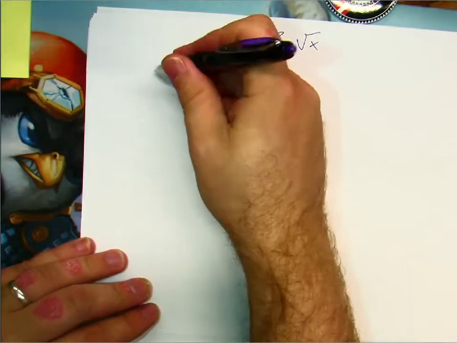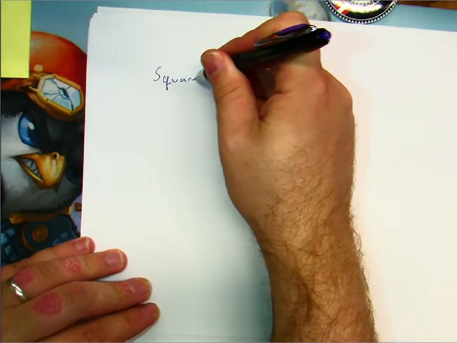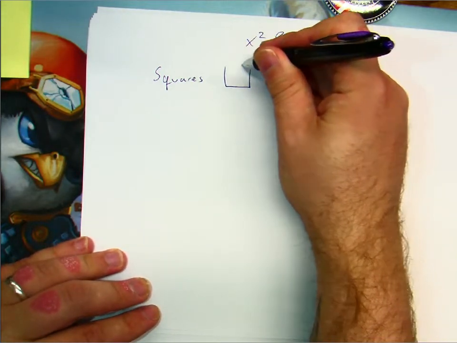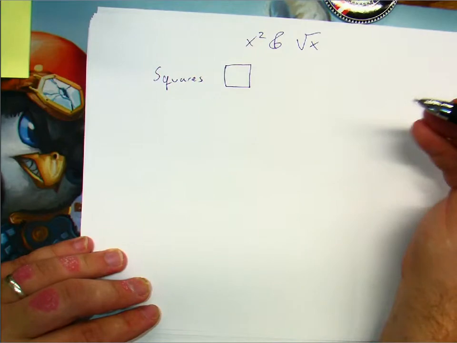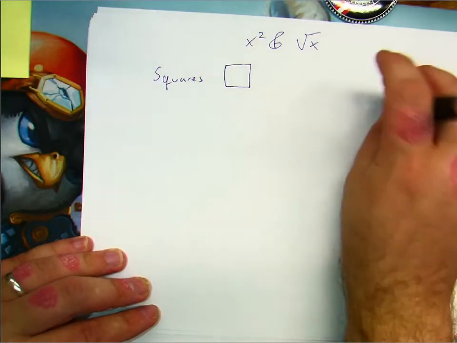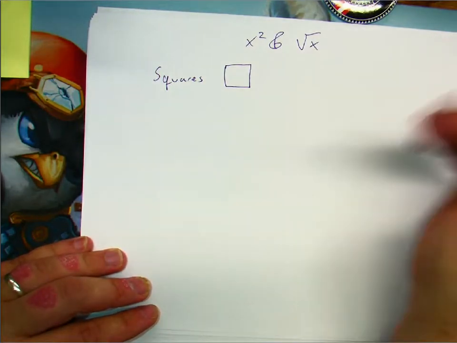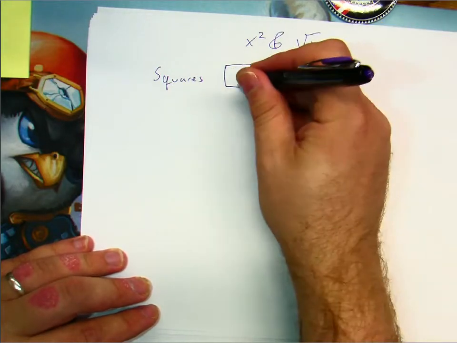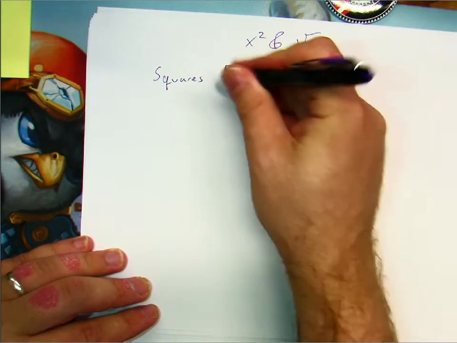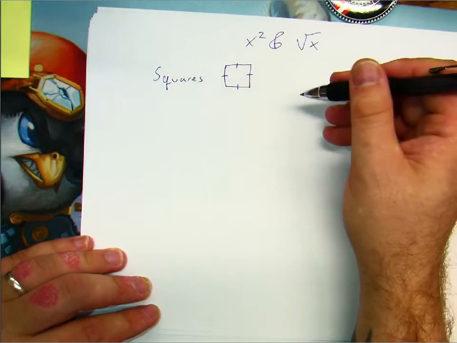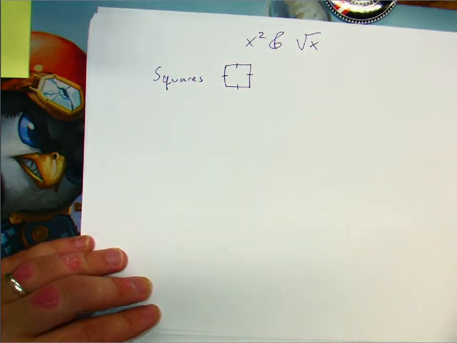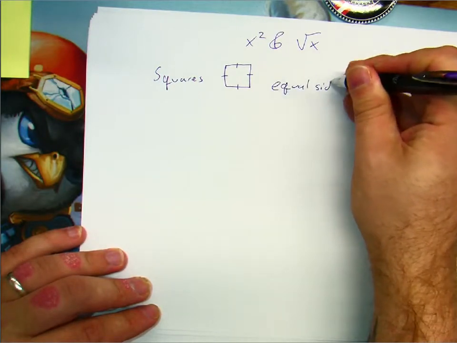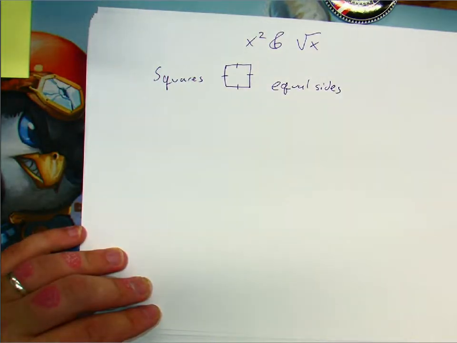Whenever we're talking about squares, I mean, what's a square, right? A square is like the most basic shape we learn in kindergarten. Well, I guess circles are a little bit more basic than squares, but squares are pretty basic. So what we have here is a four-sided figure with equal sides. And you see, this is how we say things are equal, is we have those little lines. We're saying that these are all equal sides. And so, to find the area of a square,